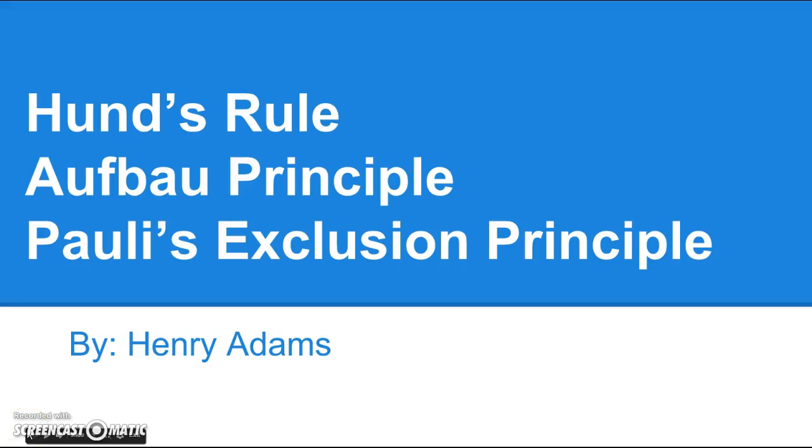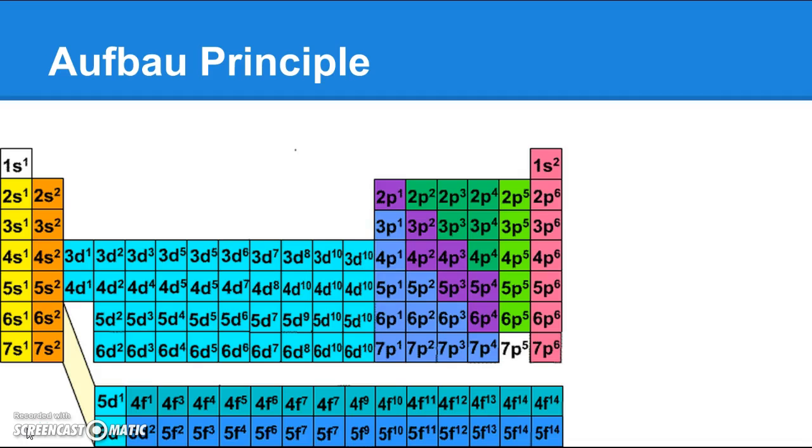Okay, in this video I will be explaining Hund's rule, the Aufbau principle, and Pauli's exclusion principle. First off, the Aufbau principle. The Aufbau principle is pretty much just a fancy way of stating the element or how many electrons are in